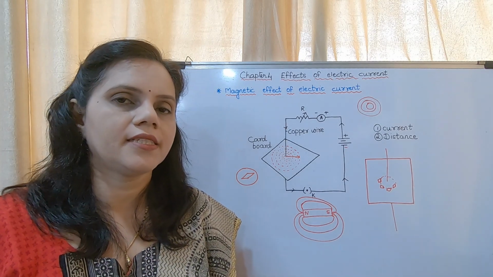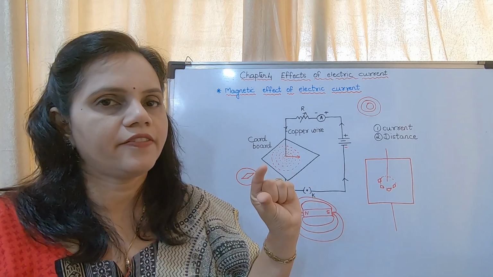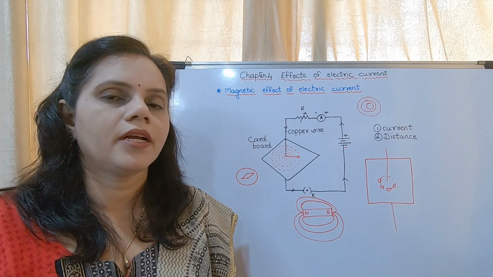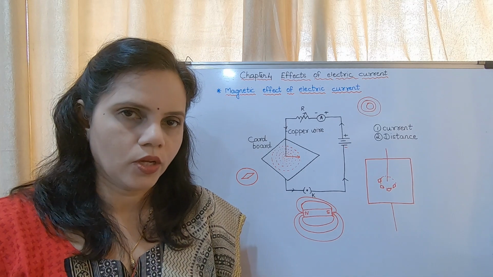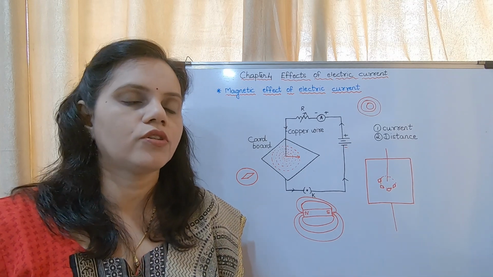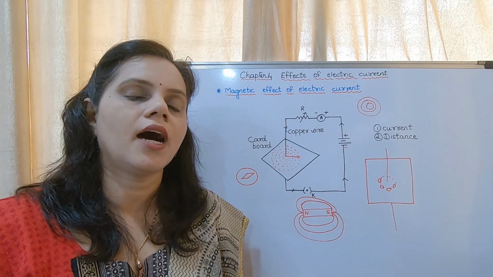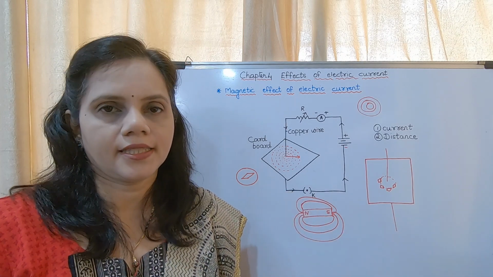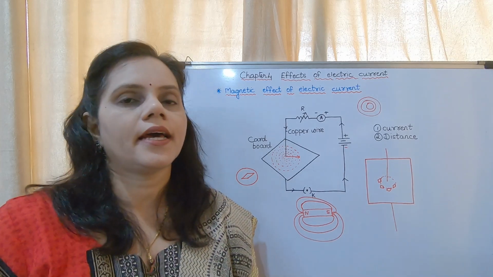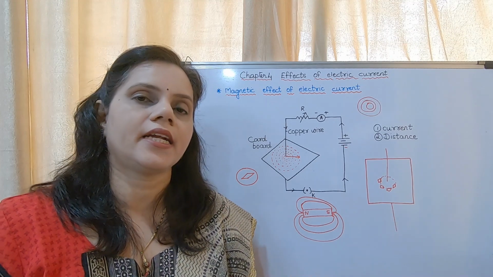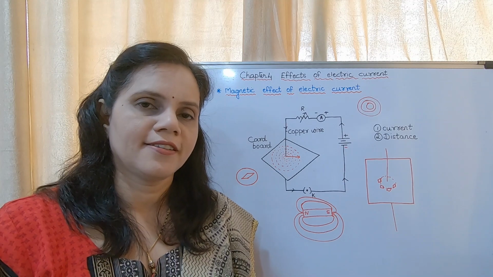In the first case it is deflected in one direction. In the second case, it will get deflected in the other direction, because there is direction for the magnetic effect also. So the lines of force of the magnetic effect and the direction of electric current are related to each other. There is a law put forward to relate the direction of the magnetic effect and the direction of electric current, that we will see in the next topic.